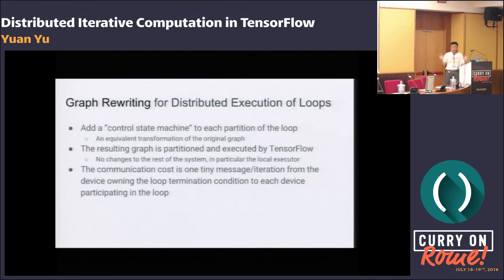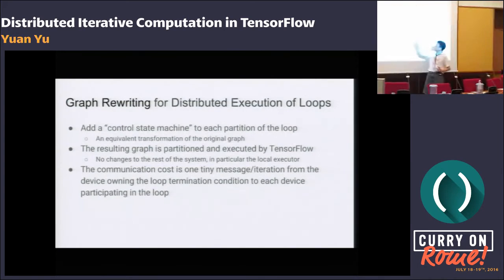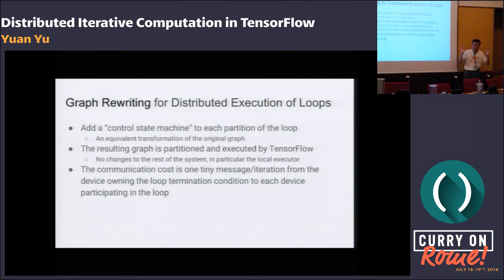The beauty of this approach is that we can use whatever local executor we used before. The whole distributed execution is done by this very simple graph rewriting and transformation. The cost of communication is also quite good. For every iteration, we need to send one tiny message from the device that is controlling the loop termination to each of the participating devices for the loop.